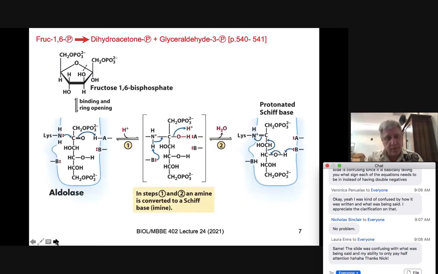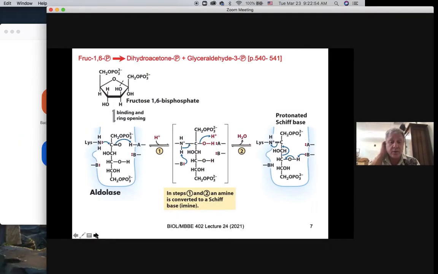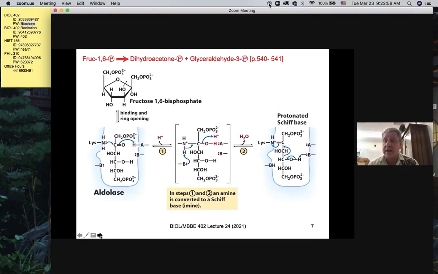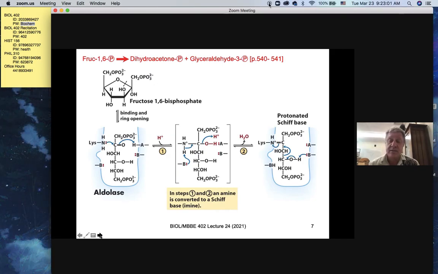Okay, so I'm going to leave it there because we're at our time now, and we'll continue our reactions in regards to the degradation of our glucose moiety, which will now be illustrated in terms of what happens within the enzyme cleft to give us that dihydroxyacetone phosphate and that glyceraldehyde 3-phosphate. And ultimately, we're going to have to understand, importantly, where those carbons are coming from. As I said on Wednesday, I'll give you a small lecture on radioisotopes, because this is